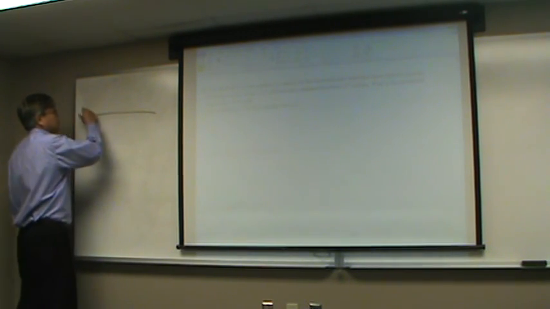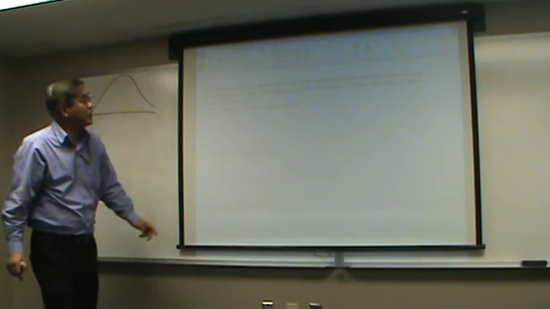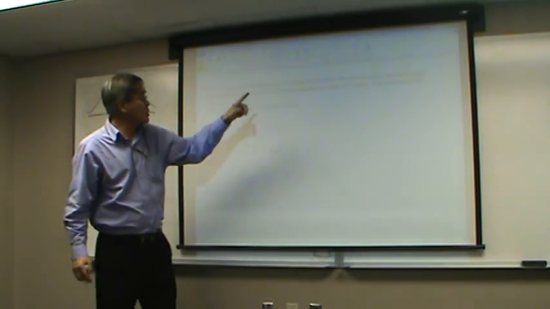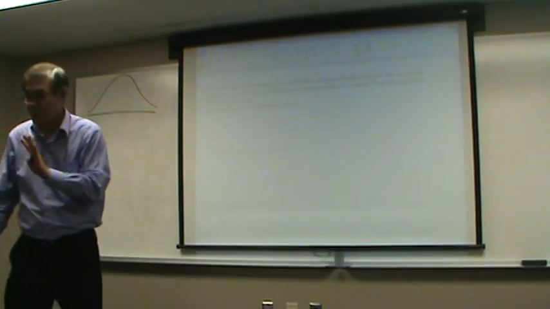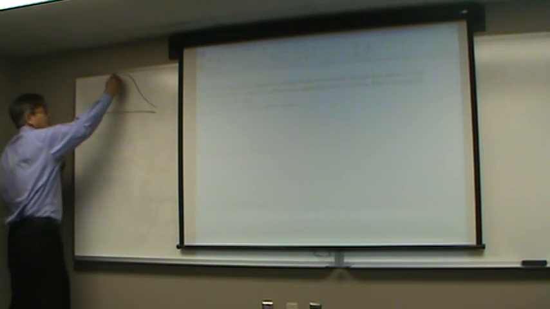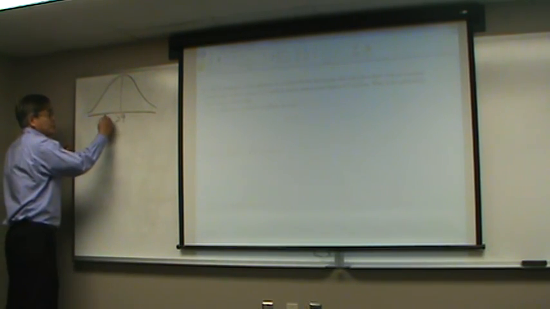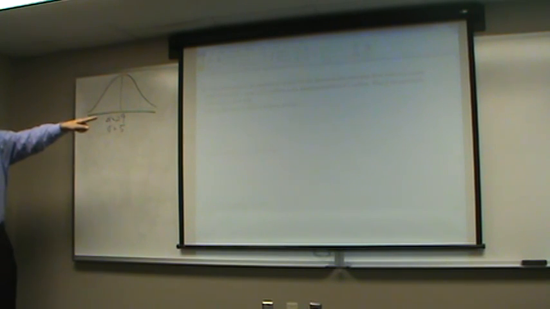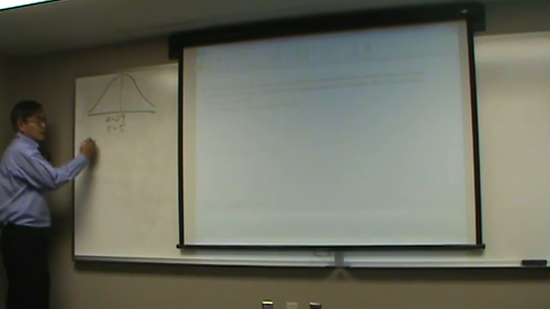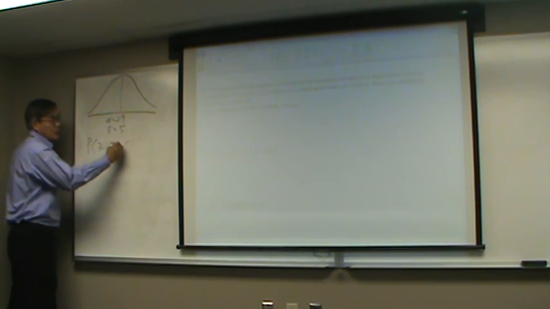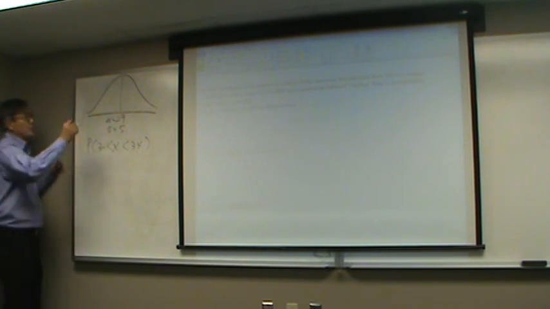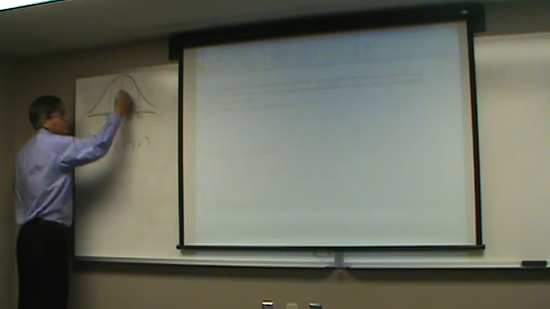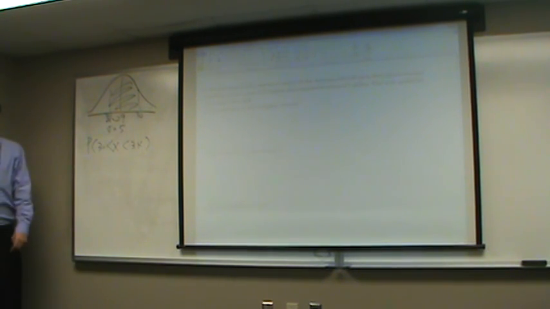Okay, let's see. It says normal distribution, so we use the normal distribution. The mean is 29, the standard deviation is 5. The question asks for between 30 and 34, probability x between 30 and 34. For a between question, you need two different z-scores, for 30, for